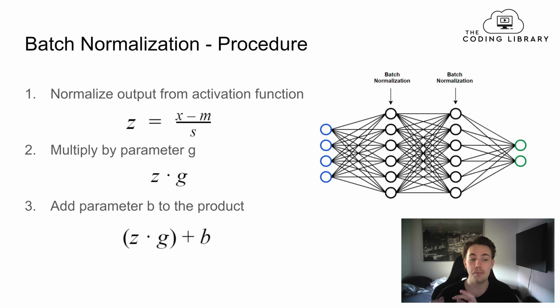And then we multiply it by a parameter g, which is an arbitrary parameter that is also tunable during training. So these parameters, the g and the b parameter here, will be tuned and trained during training of the neural network as well. So the output that we have now normalized, we multiply by this g value, and then at the end here we add a parameter b to the product that we just calculated, and these parameters will make our neural network learn faster and also be more stable